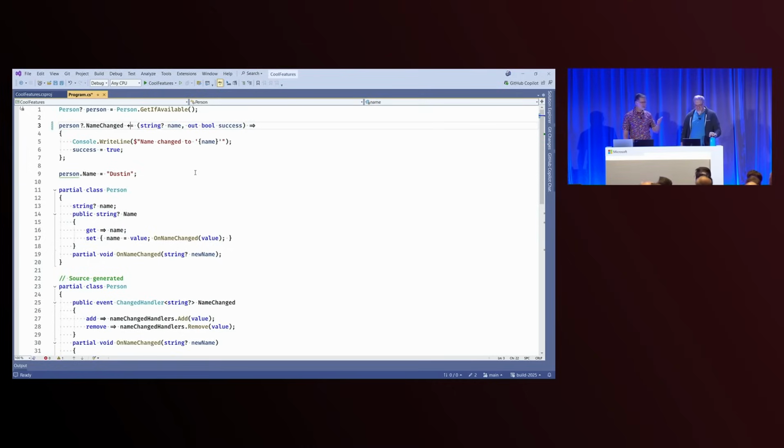Sounds like we're doing good here. And so just to make it clear, what does this do? It does a null check, obviously, before it does anything else. And then if person there is null, then it doesn't do anything else, right? It doesn't evaluate the right-hand side. It doesn't do the assignment. It doesn't access the property or anything like that, right? So everything in that assignment is guarded by the null check.